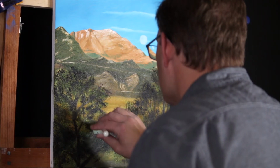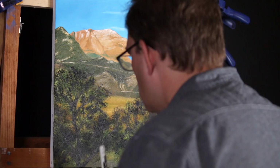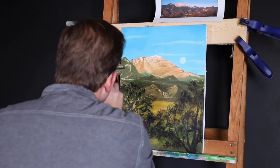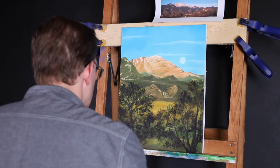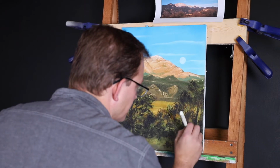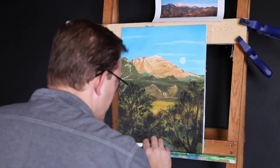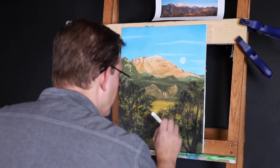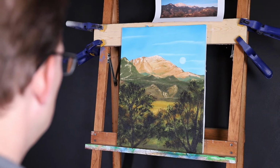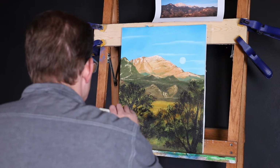and kind of, yeah, it's getting sloppy looking, so just trying to tap out some of this texture I left in here, because I don't want that to be the thing that draws your eye instead of the actual trees themselves. So